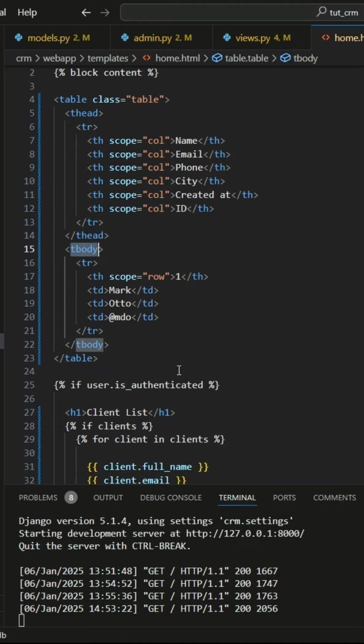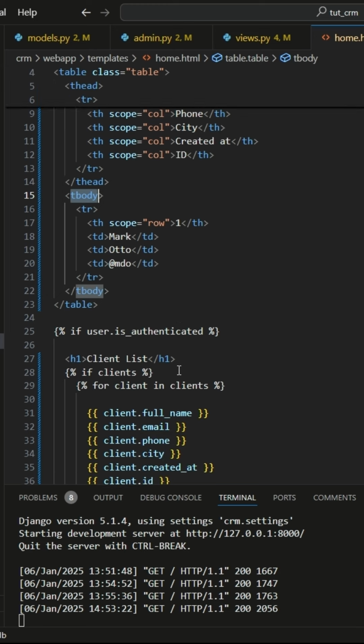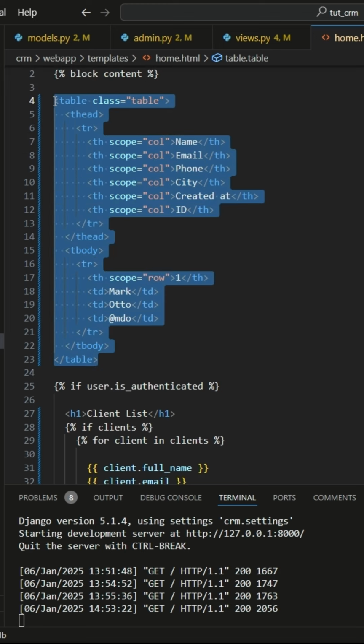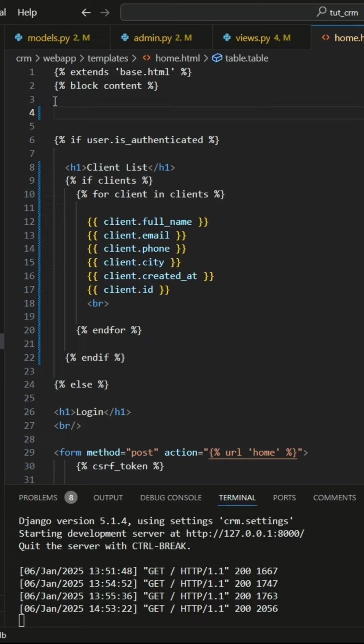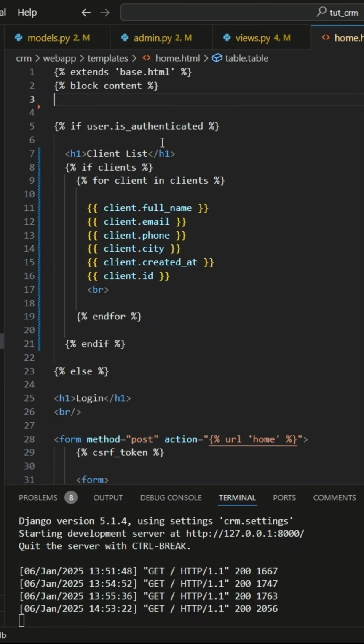Our values will be inside the tbody tag. We need to do a little work here. Since we want the client data to only apply to users who are already logged in, that's why we need to put this entire code block after is authenticated,